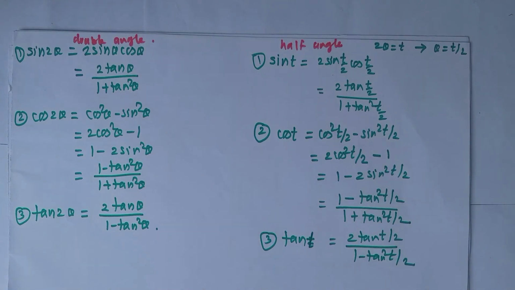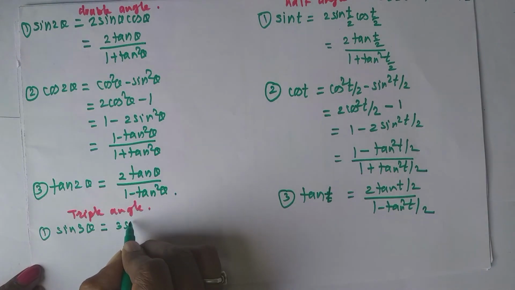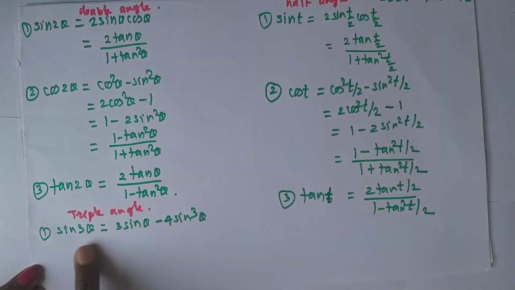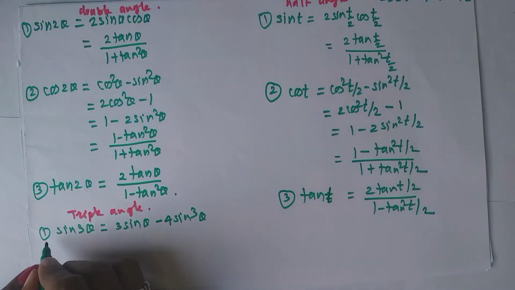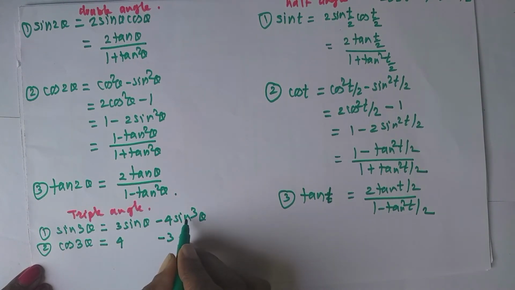Then again we have seen the triple angle formulae. And what is the triple angle formula? See here, sine 3 theta means 3 times sine theta minus 4 sine cube theta. If the formula is sine, then on the right hand side there are terms of sine only. And if you remember this, then it is very easy to remember the formula of cos 3 theta. You only take this 4 here, this 3 here, take the minus sign here. And here is sine cube, here you write down cos cube theta, and here you write down cos theta.